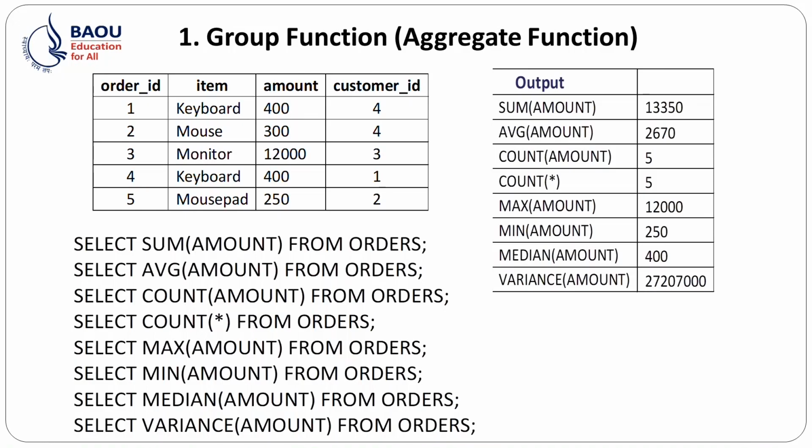Now the first query is select sum(amount) from orders. See, in the output, the first sum output is this. Sum of the amount column, this value is the total, and it gives the output. Same as the average function: select avg(amount) from orders. So, for the amount column values, it finds the average and gives the output using the average function.